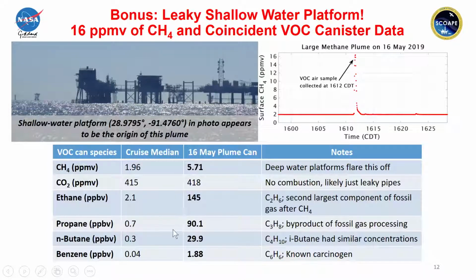However, when we look at ethane, the second largest component of fossil gas after methane, you can see that we're over 50 times more polluted than the cruise median. We get to propane, another byproduct of fossil gas processing, another tracer of oil and gas exploration activity. More than 90 times higher than the cruise median. Similar ratio when we look at the normal butane. And then this is, if people are breathing this, this is not good. This is 2